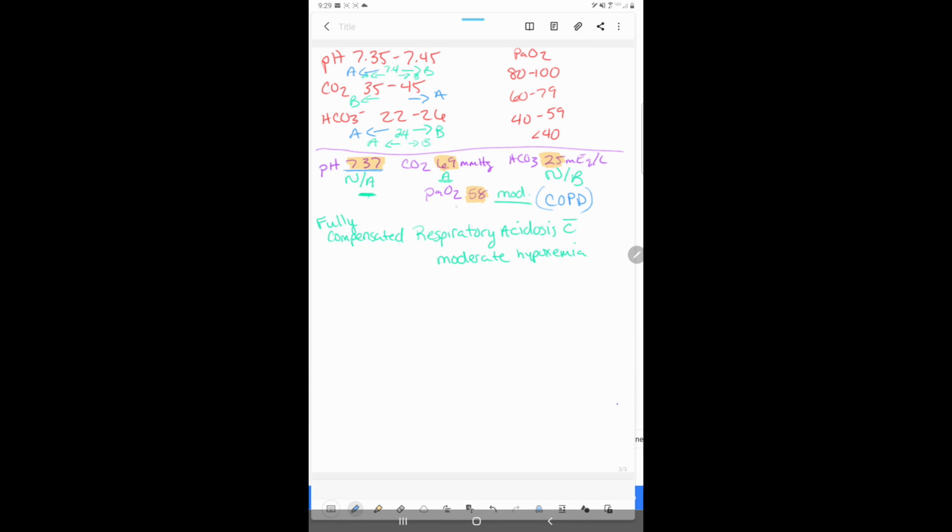Okay? And you might think they need help because their PO2 is at a 58. But a normal blood gas for a COPD patient has a range of 55 to 60 for normal oxygenation for them. This disease process is a total different ball game when you're looking at your ABGs and what to do for these patients, because when you try to fix this oxygenation issue,